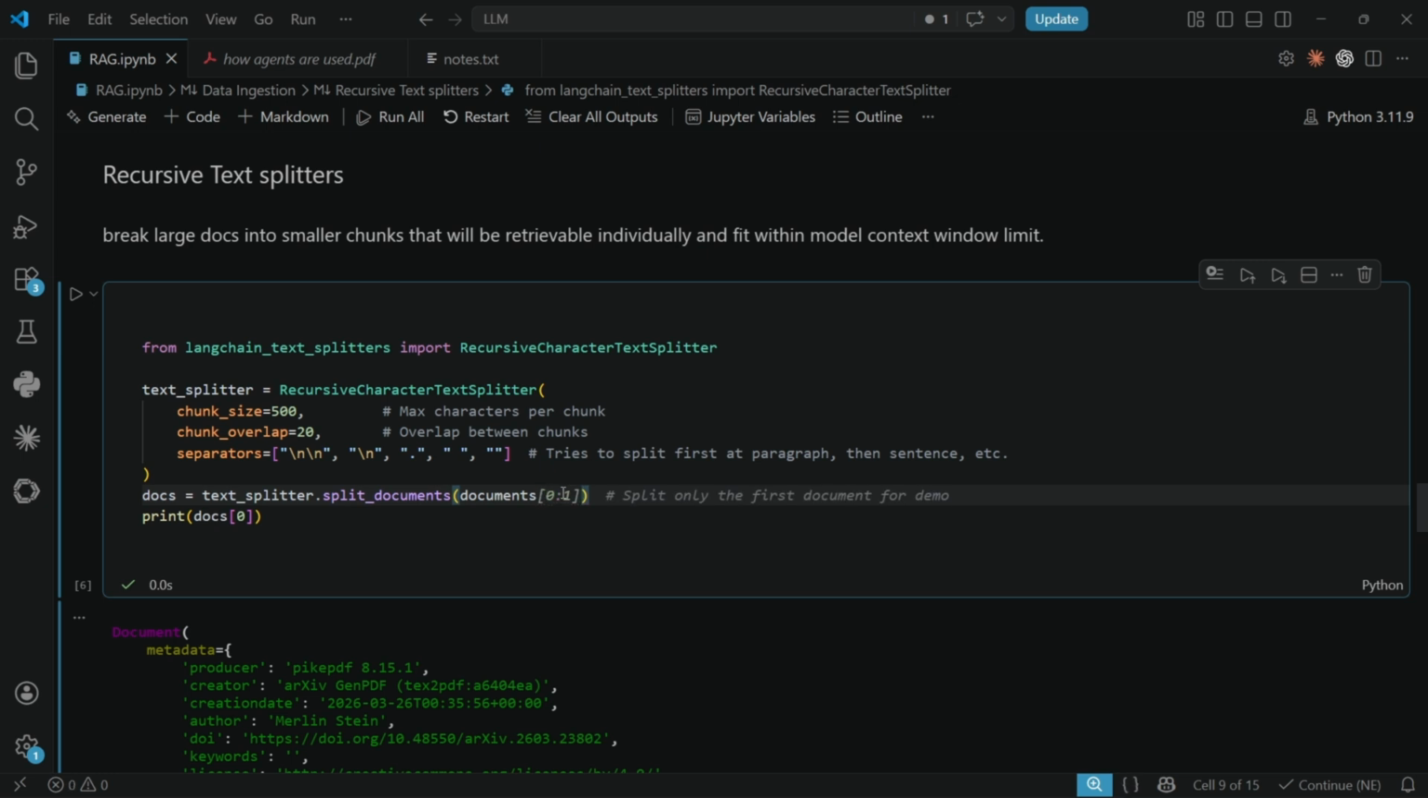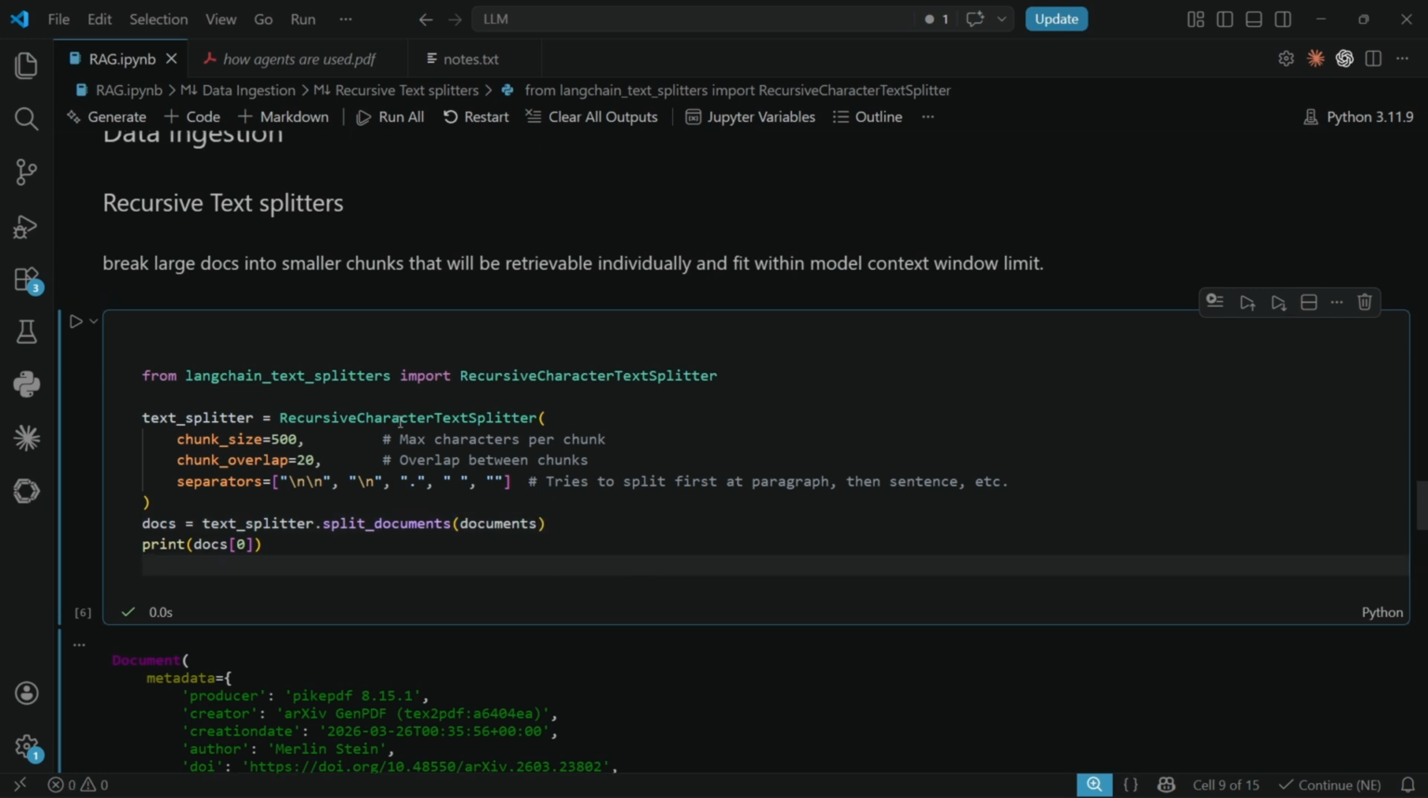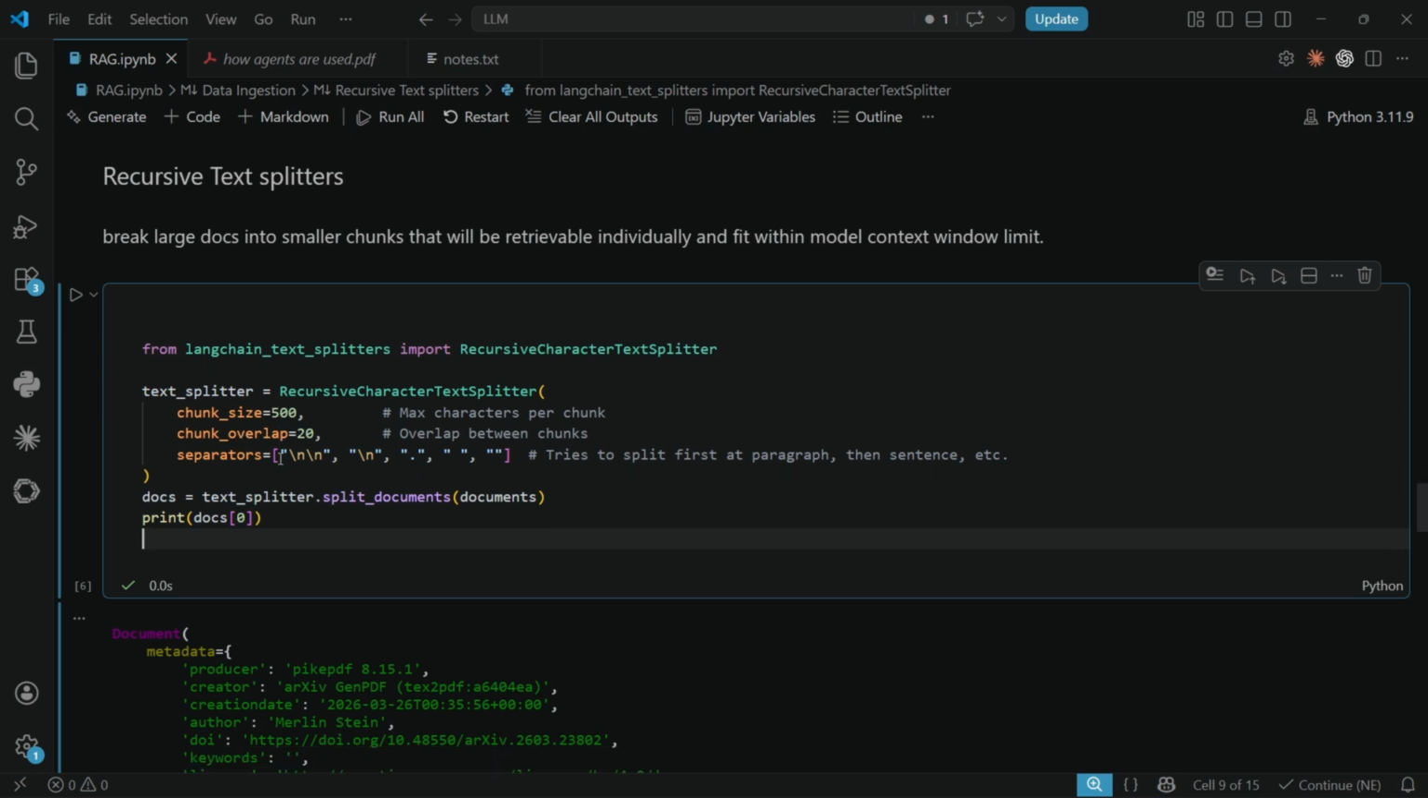Actually, I split the whole content. Getting into the recursive text splitter, it is a type of text splitter. We have the recursive character text splitter. It has properties like chunk size and chunk overlap. Chunk size is the maximum characters per chunk, and overlap is the overlap between chunks. Then the separators: paragraph, slash n,